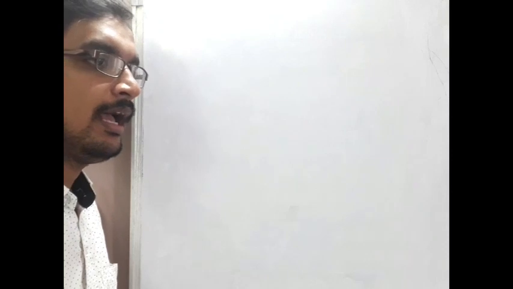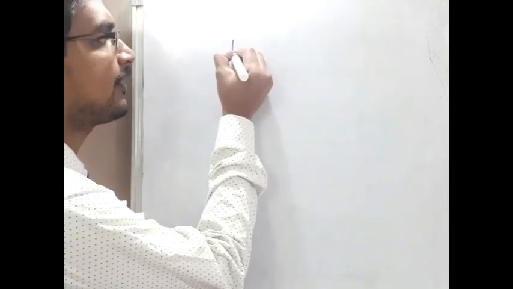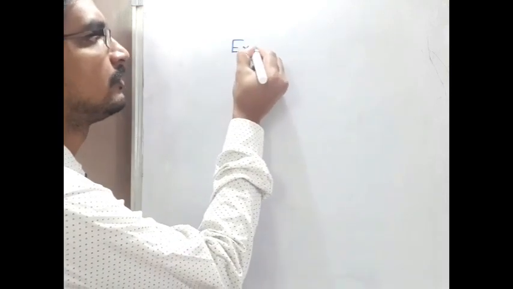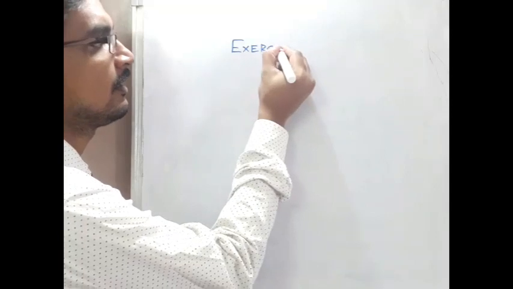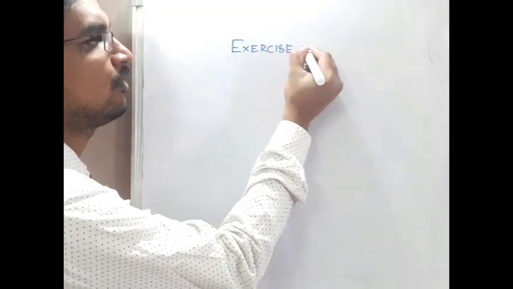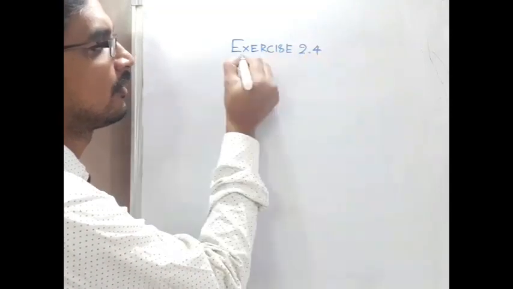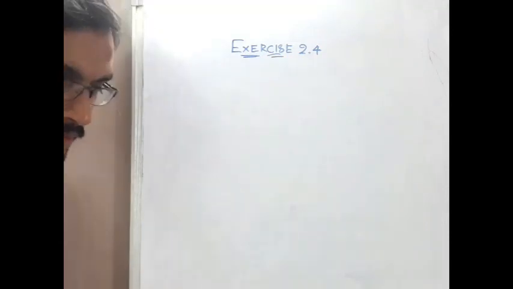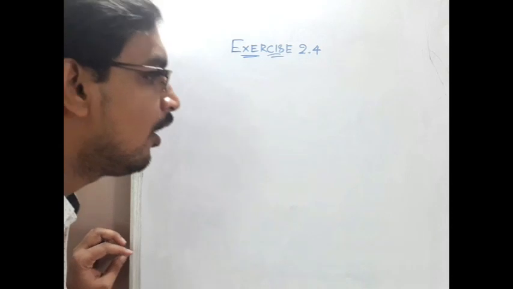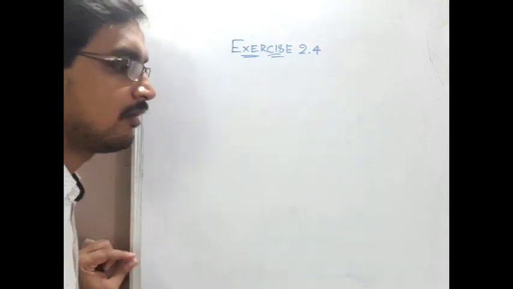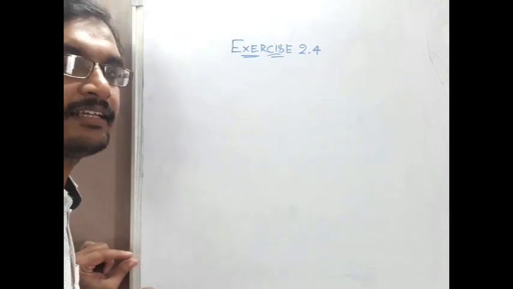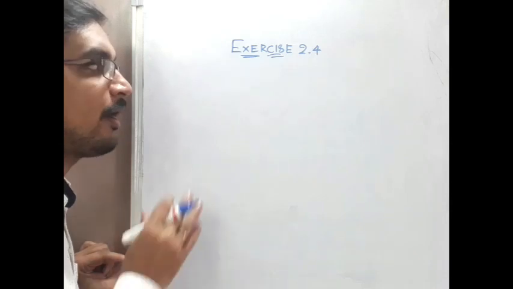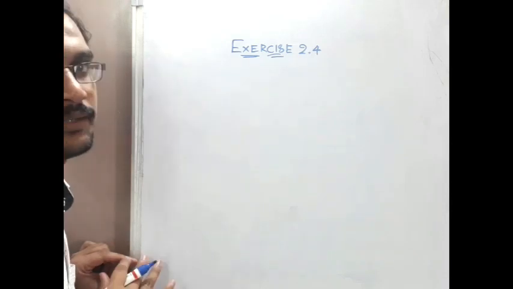So, as a continuation to our previous classes, we have to start exercise 2.4, on page number 31. But as I see, when I am correcting the papers, I found most of the people are carrying some kind of confusion pointing to transposing.